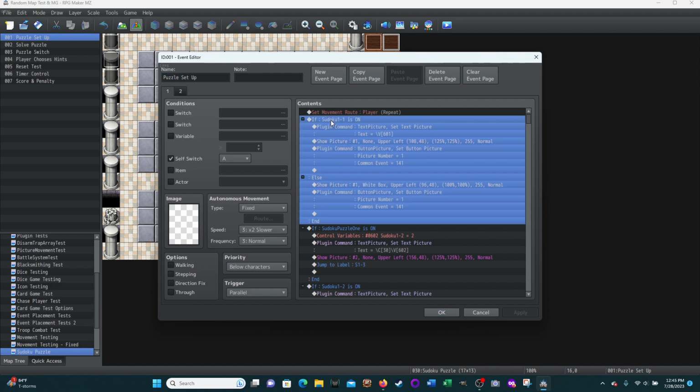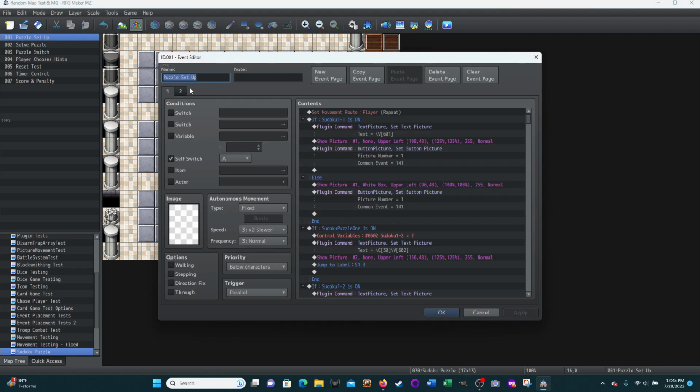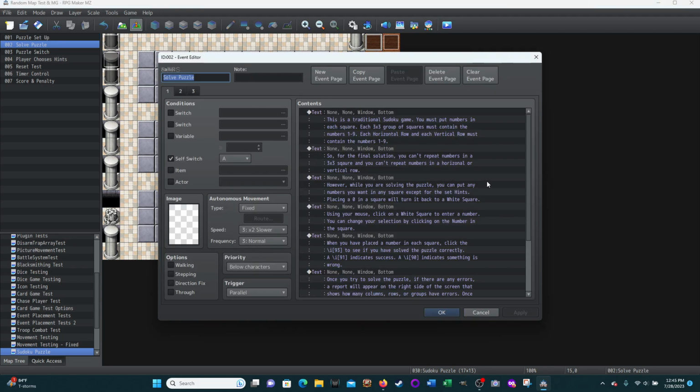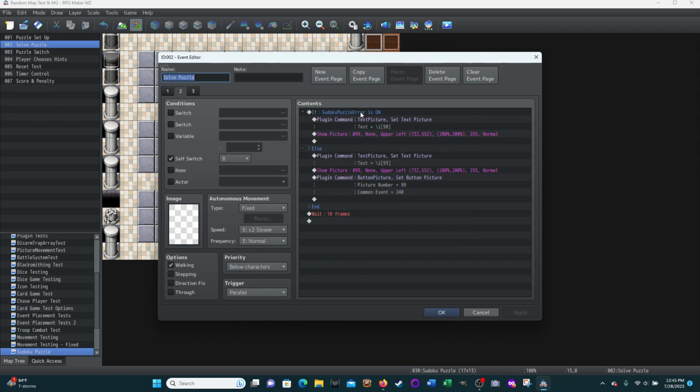This is the one that is the same for every single square, right? But then there's also this: if puzzle one is on, you have to account for the hint in puzzle one, or puzzle two, or puzzle three, right? So we went through all that. And it's just a lot of repeated stuff. And we highlighted this page that basically shuts everything off. We highlighted what the solve puzzle does, right? It gives the player a bunch of instructions and activates some events over here, and then it does its checking here,